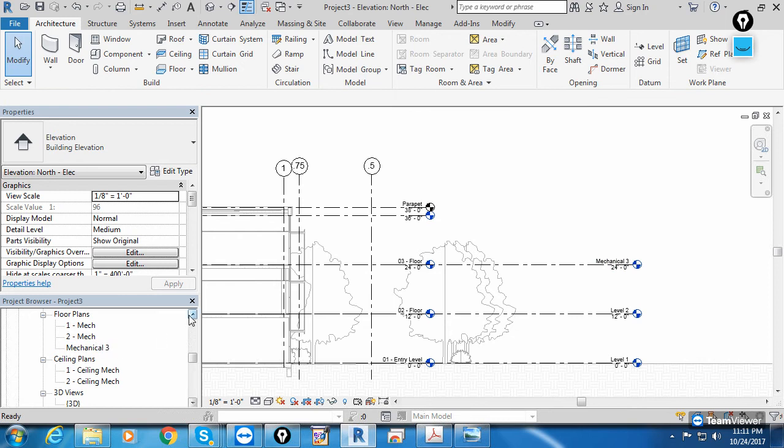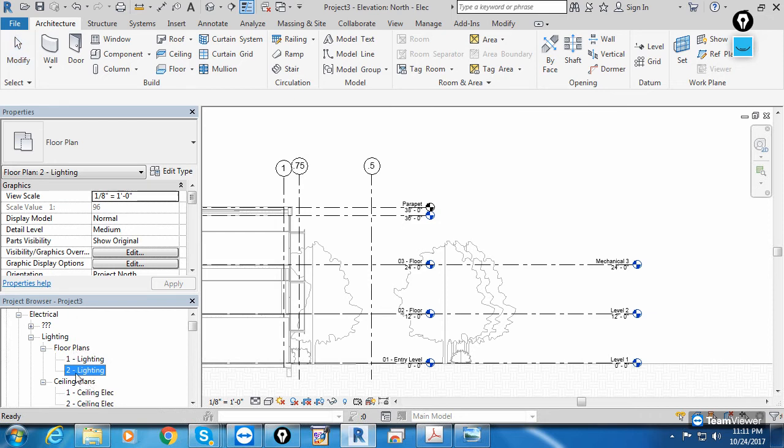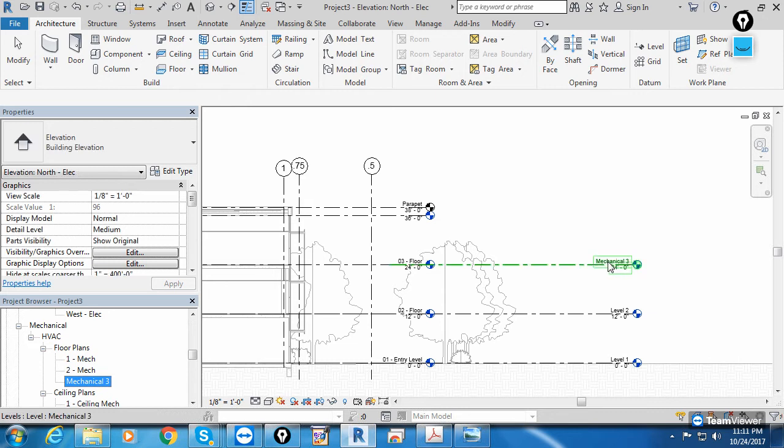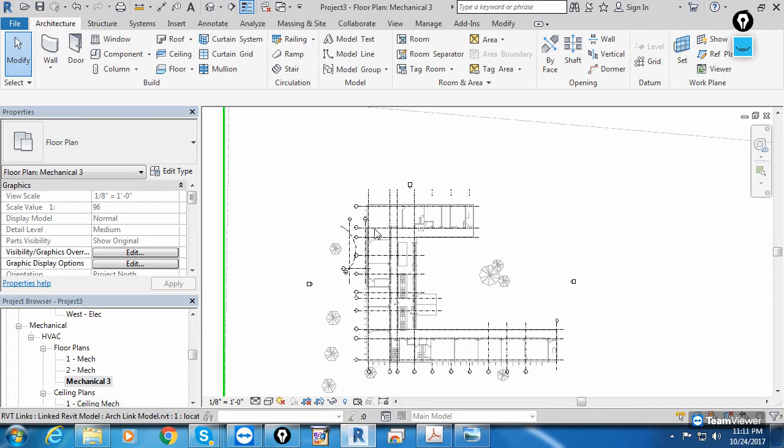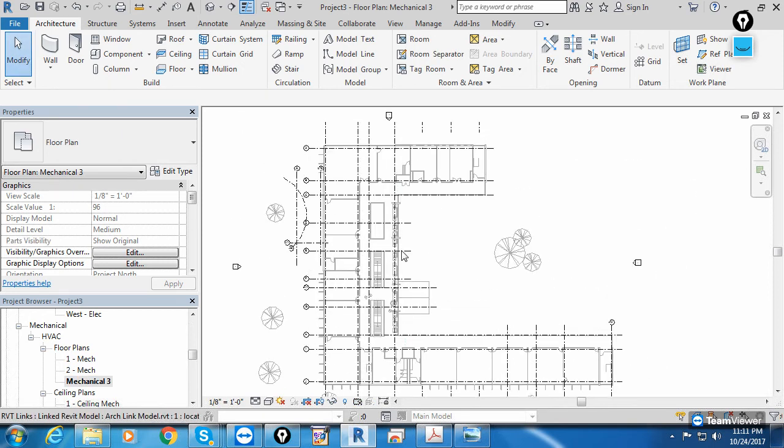And now you can notice, and remember, by default, when I create the level, it's not added in the electrical, it's added somewhere here in an unknown category, that too ceiling. But remember, by default the floor plan will be added in the mechanical category, and later we can copy that same view for electrical, for plumbing and other services also. You see, mechanical 3 views, floor plan views created, na? You see under floor plan mechanical 3, and when I zoom the level name is also mechanical 3, and when I double click this mechanical 3, you will find the floor plan of level 3, meaning second floor.